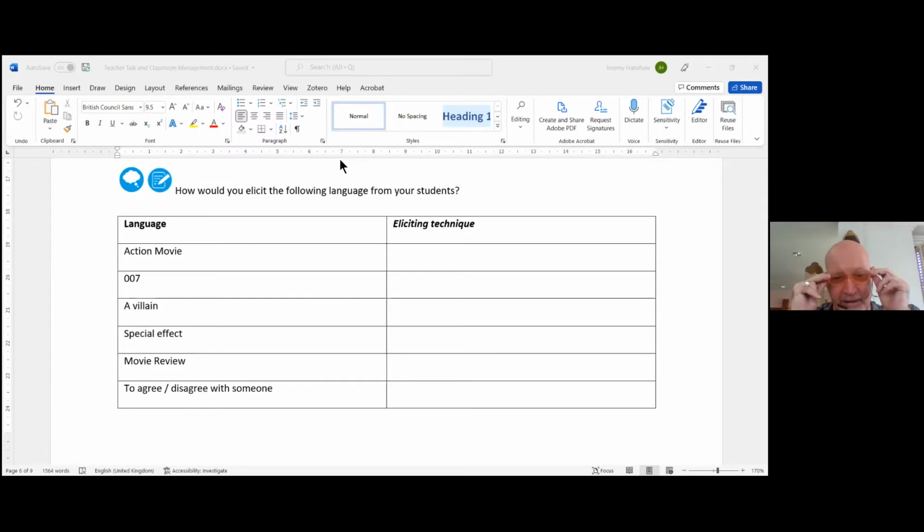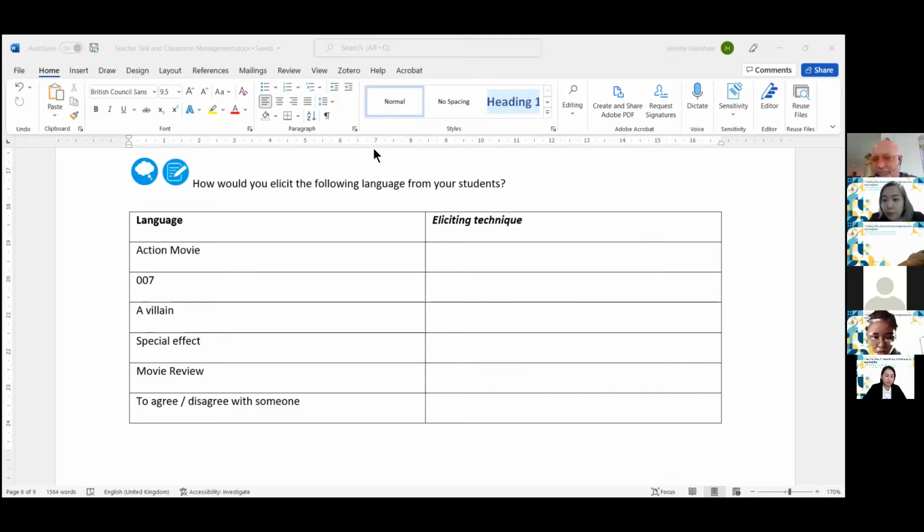How can we elicit subject? What's a simple way of doing that? Good. Can we show them the poster of the action movies? Absolutely. Great. And as also somebody else commented, using a picture, that's a very simple way.